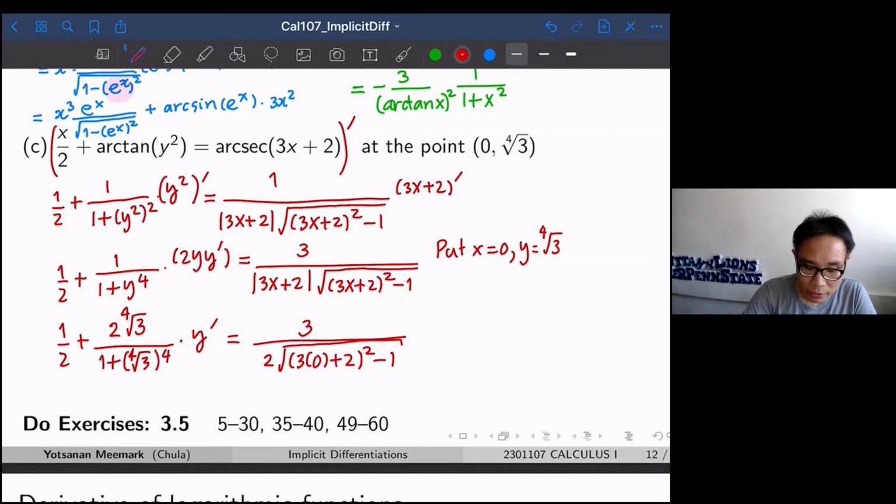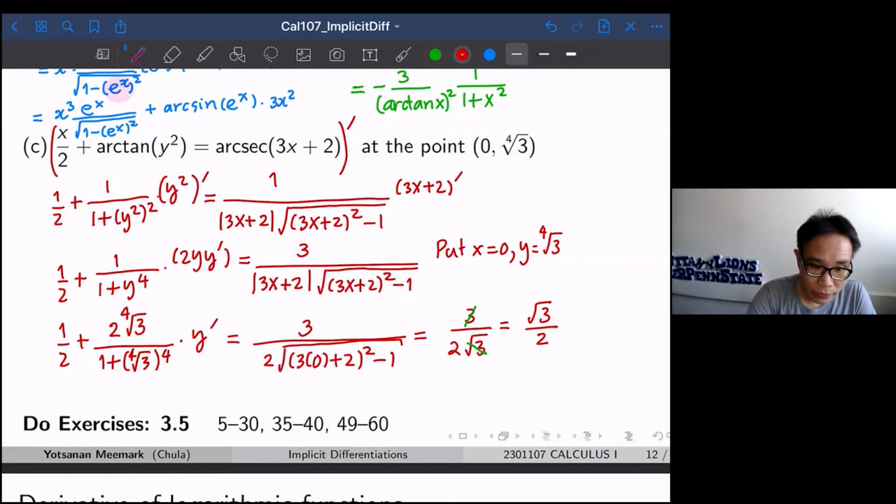Okay, so in this case, you're going to solve for y prime. So what is this guy? It's going to be 3, and you have 2 on the bottom, and you have root 3 on the bottom, and 3 and root 3 cancel each other, so you would get root 3 over 2, okay,